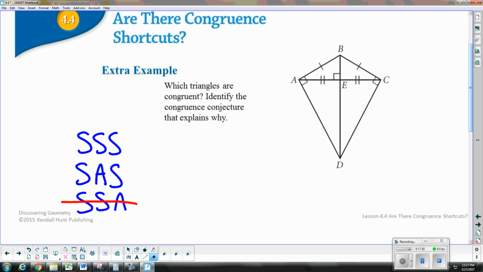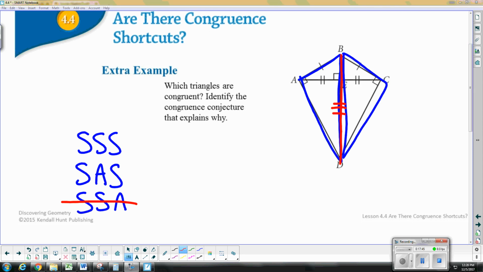Let's look at ABD and triangle CBD. All right, so for this one, again, we have a shared side here. And since we already proved that ABE is congruent to triangle CBE,